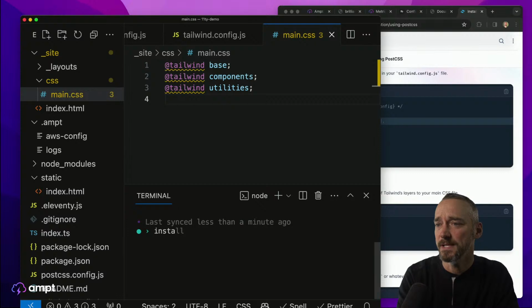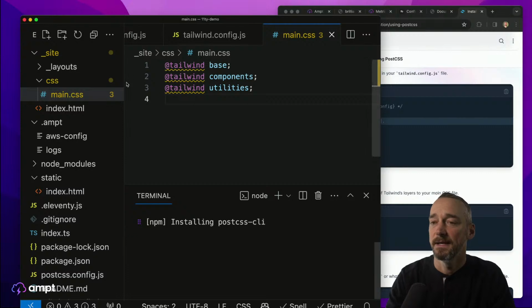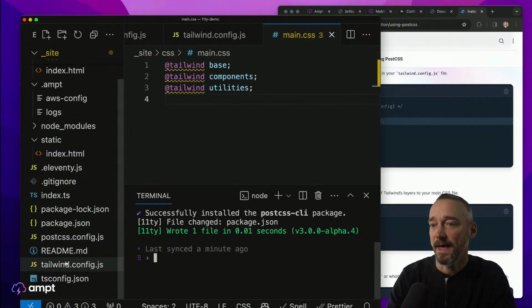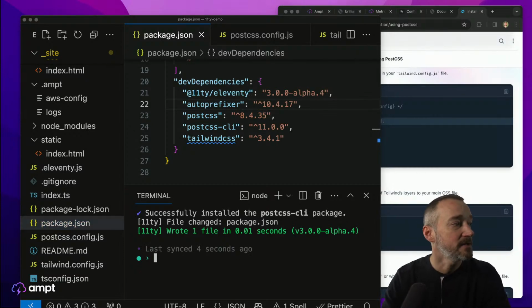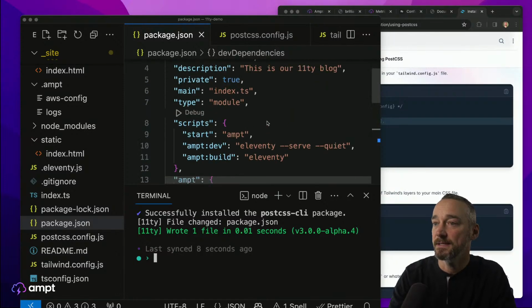So we're just going to do install postcss-cli as a dev dependency like this, and we should see that that gets picked up in our package.json. So now we have this as well. Okay, so in order to actually run PostCSS, the way that this works is we're going to go ahead